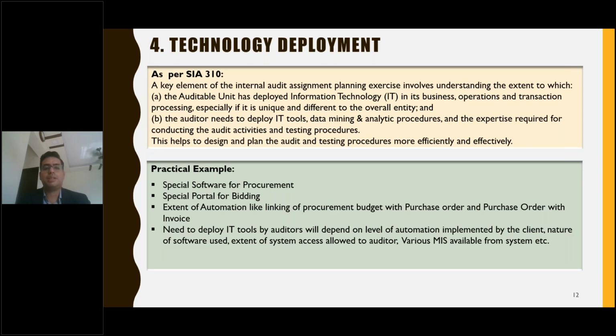Some examples, as I discussed: the client may be using special software for procurement. There can be a portal for e-bidding for procurement. Then there can be an extent of automation, like linking of procurement budget with purchase order with invoice, as we have discussed. So there can be a total automation of the procurement process. So you need to deploy IT tools, and the extent will depend upon the level of automation. What kind of IT tool you have to use will depend on the level of automation implemented